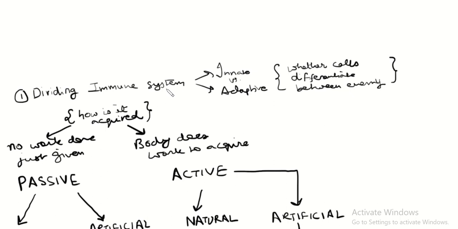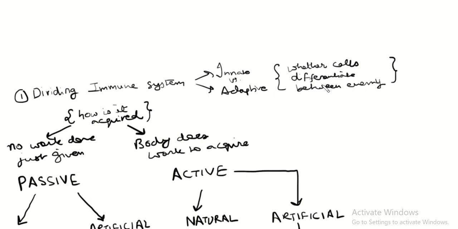So dividing the immune system, remember we divided it into innate and adaptive immunity. And it's got to do with whether that part of the immunity differentiates between enemies. If it does, then it's adaptive. If it doesn't, then it's innate. Okay,